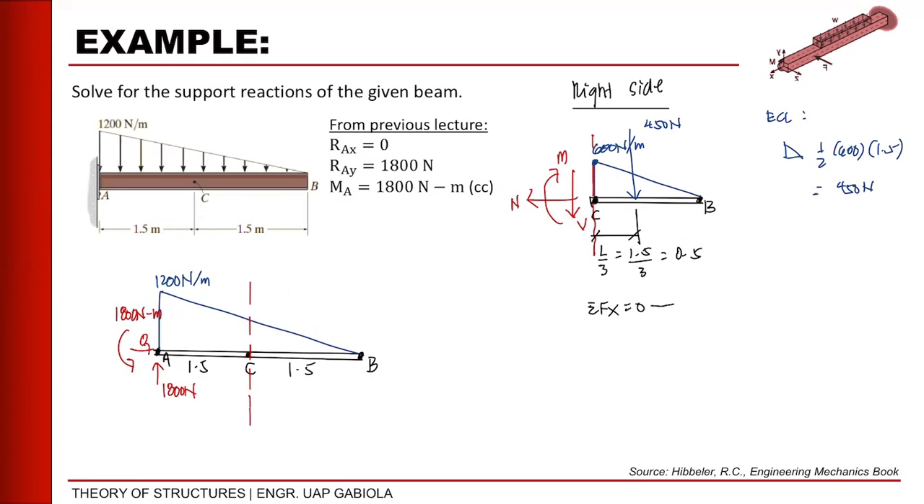So, taking, halimbawa, to the right, that's positive. So, we have, wala namang ibang choice, no? So, negative n is equals to 0. Dividing both side by negative, so n is equals to 0. Okay? Then, summation of fy is equals to 0, taking upward as positive. So, meron ba tayong upward? Wala. So, we have negative v, tapos minus 450 is equals to